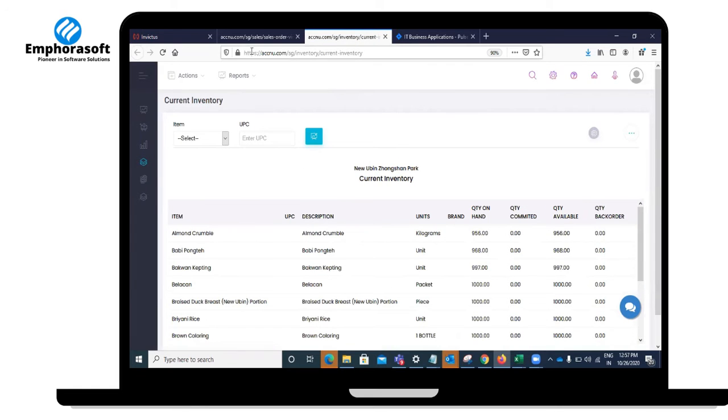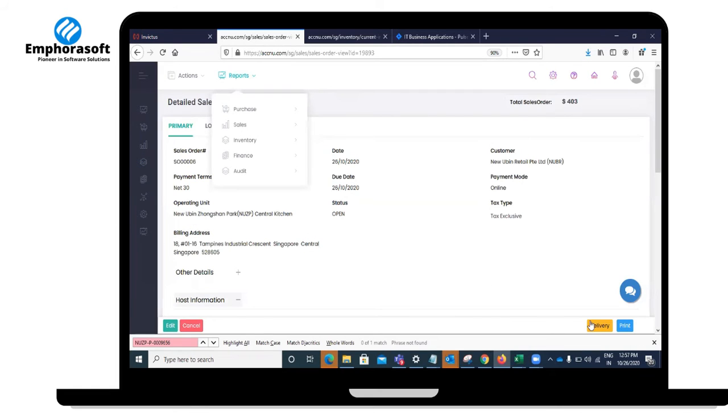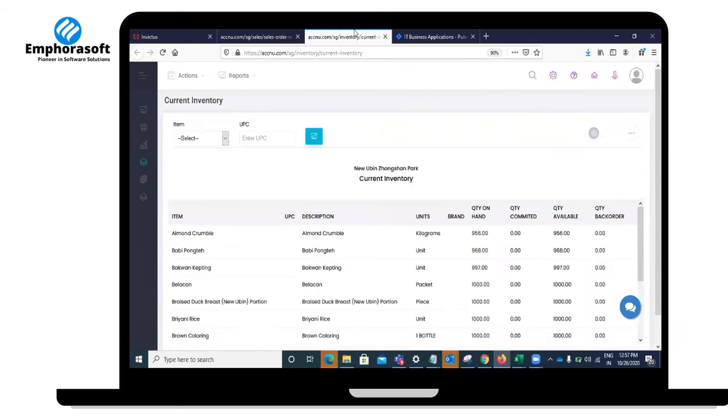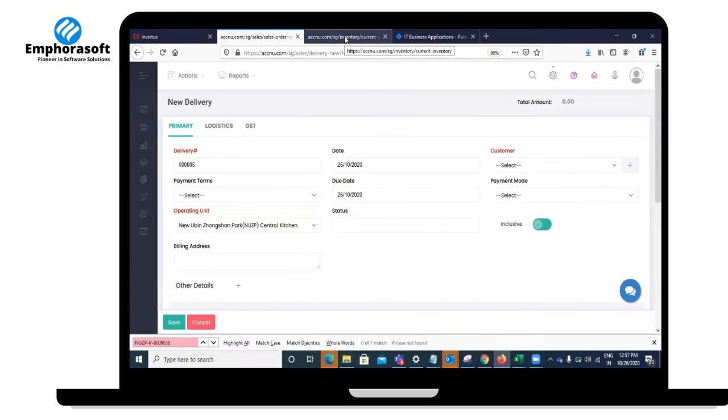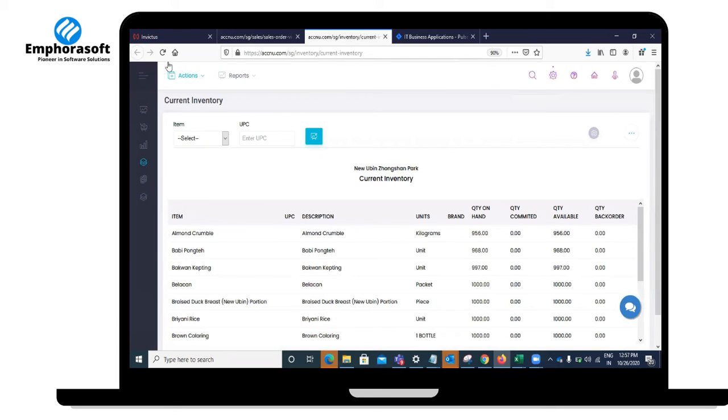These are all inventory. Whenever I deliver the product, the inventory is 956, 968 and 997. Once the delivery happens, you can see that the inventory gets decreased. I'm just refreshing the screen.